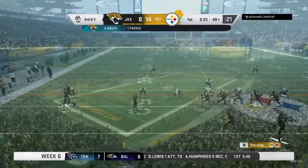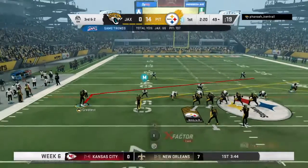Damn, Josh block. When any running play is called, they're always hoping that it's going to break big and